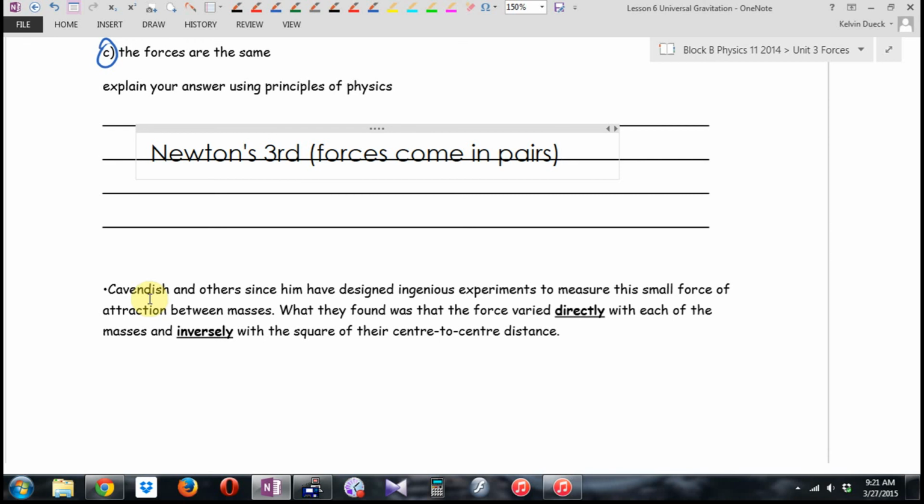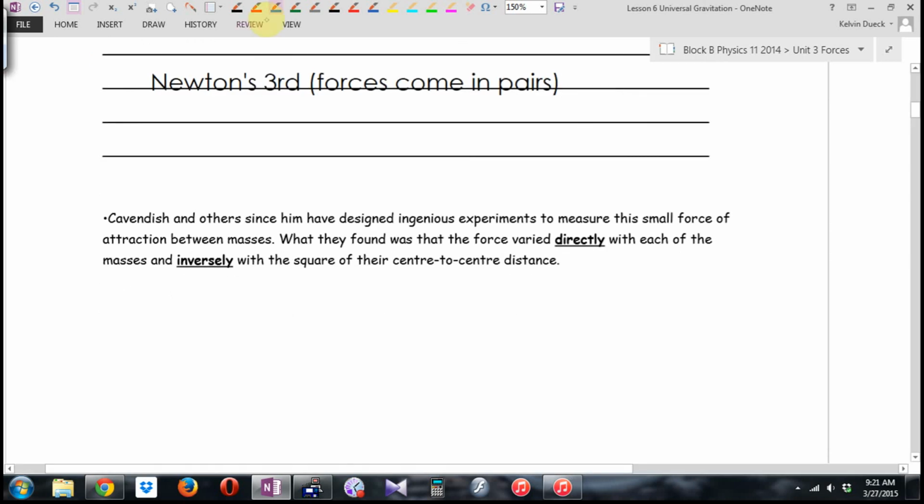And here's what they found. They found that all over the universe, gravity, and I'm not going to use an equal sign, I'm using a little fish, an abbreviation for depends on. I'm going to put an equal sign in the next equation because I've got to add one more number to make it correct. But they found it depended on how far apart the objects were, squared on the bottom,